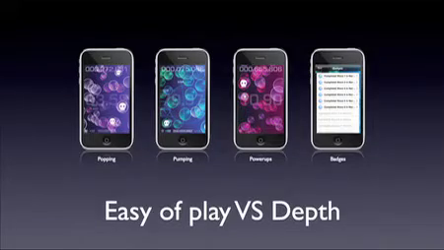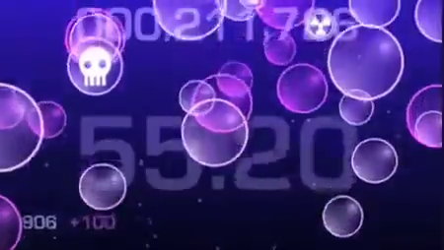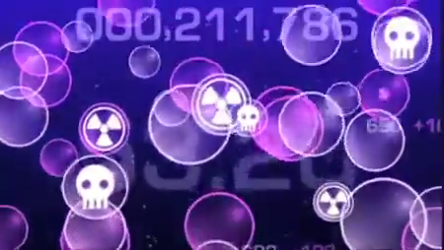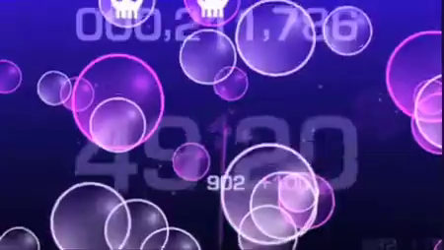Because Pop, at its simplest level, is about popping bubbles, we tried to really focus on making the aspect of popping bubbles really satisfying. So using the graphics technology of the iPhone, when you pop a bubble, you get a really nice effect of little particles, of smaller bubbles coming out. You get a little ripple to suggest that the bubble's expanded and popped out, and the bubbles around it also expand with physics to suggest that there's a bit of force pushing them about.